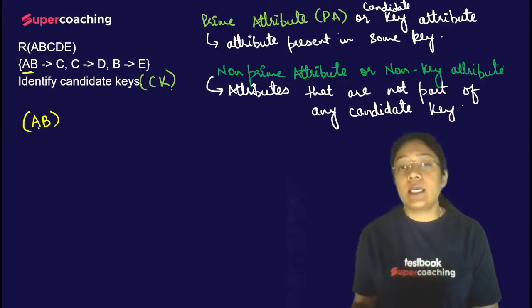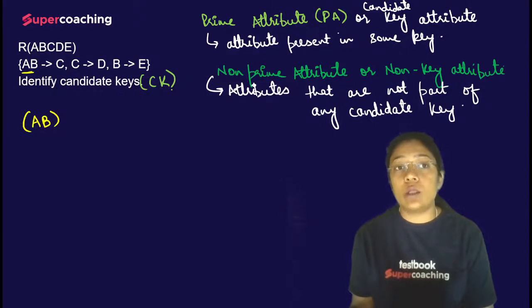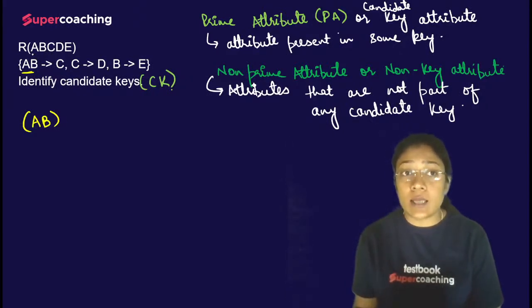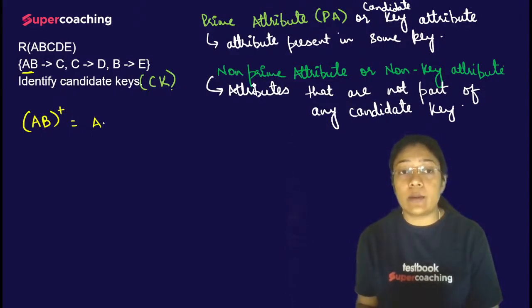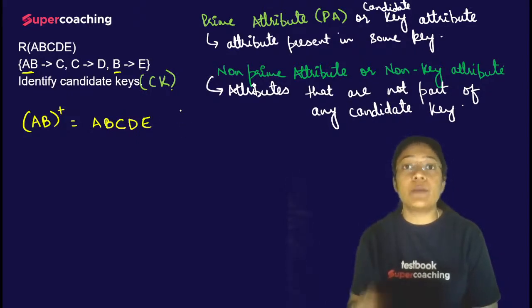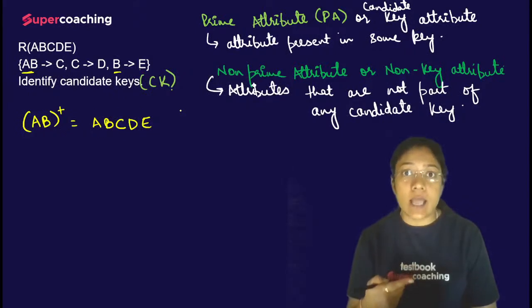So a candidate key means it has to determine all the attributes of a relation, and in the relation 5 attributes are given: A, B, C, D, E. So we'll find out AB closure. AB will be determining itself. AB is determining C, C is determining D, and B is determining E. So it is determining all the attributes of a relation, but directly I'll not call this a candidate key